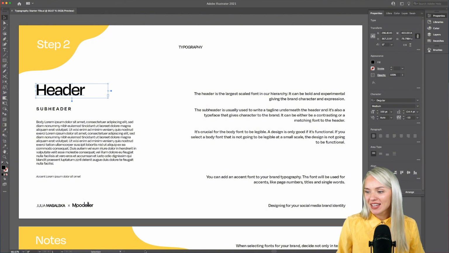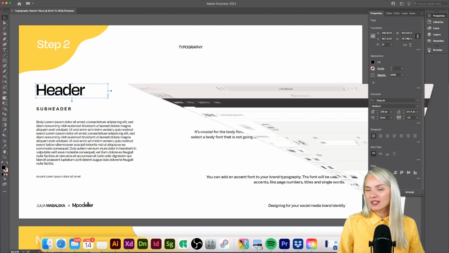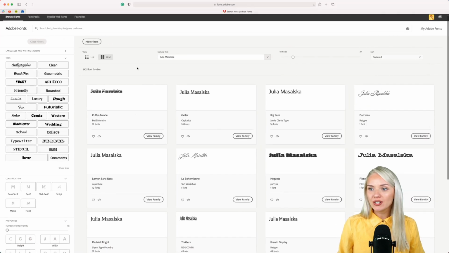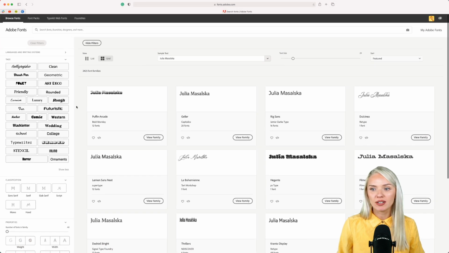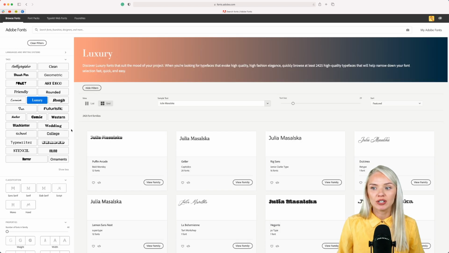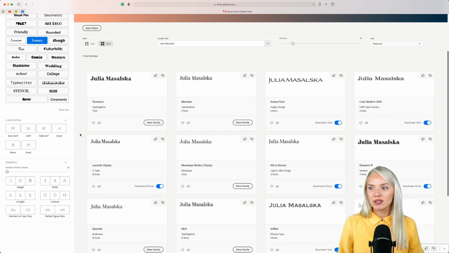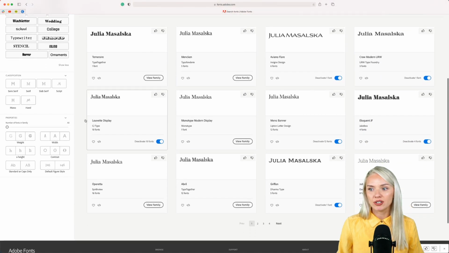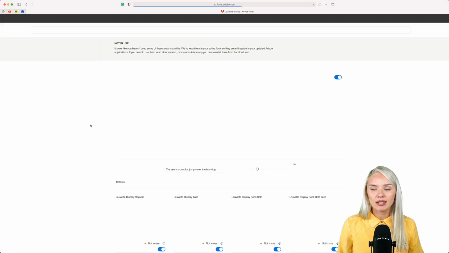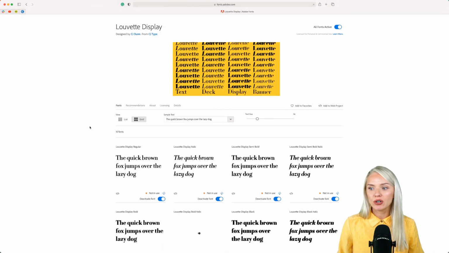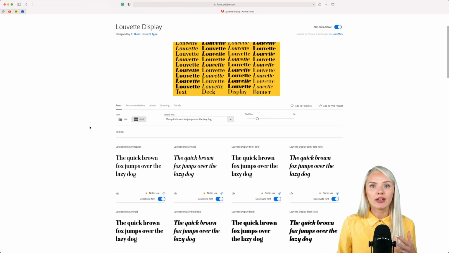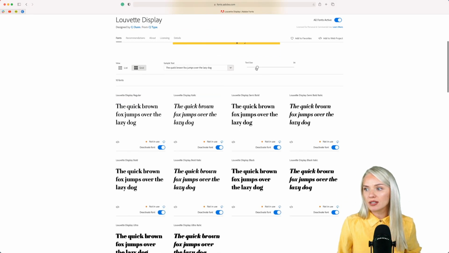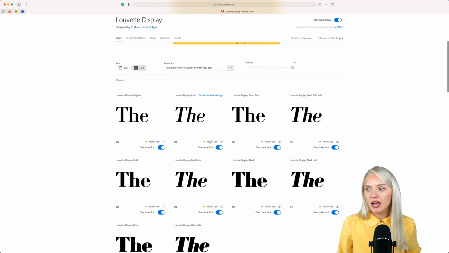the brand. So let's go back to our fonts.adobe.com page and let's explore some of the fonts that we have. We have fonts that are categorized luxurious. Now let's take a look at those. Why exactly are they luxurious? I'm going to select one of those and I'm going to show you the difference between serif and sans serif fonts. If we take a closer look at this, if I'm going to increase the size, we will see that